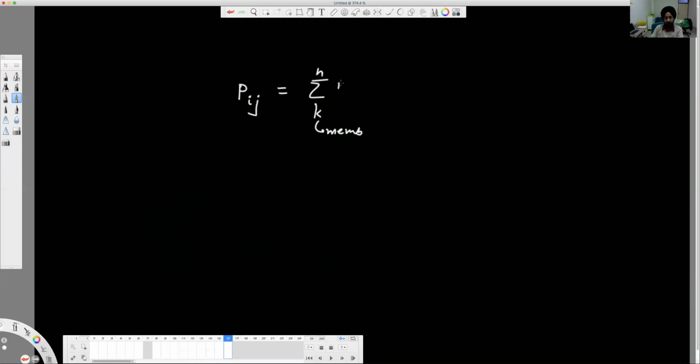Okay, now I need to look at whether I and J belong to the same member. Okay, they have the same member. Member is written here, right? If I has the same member times J has the same member, right? Isn't it? Now, you would have seen this earlier. This is very similar to the co-citation network. BIK is fine, but I can write this as BJK transpose.